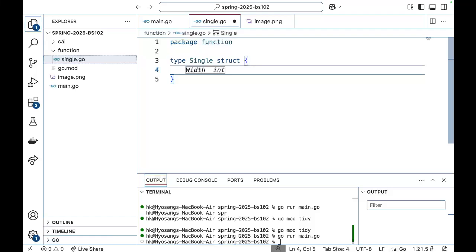So struct is a collection of fields, and fields is some data. It can have any number of data here, but I have to specify the name of the data and the type of that data. So single is considered as a function, single variable function. So in order to define a function, you need a map assignment that